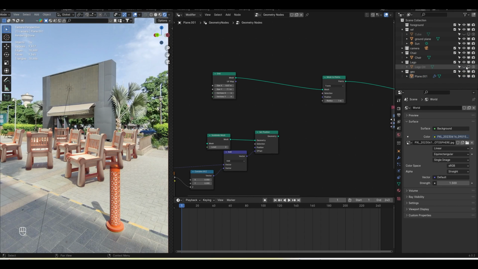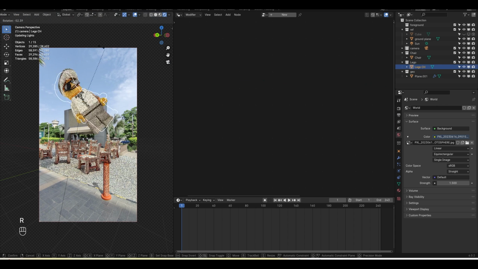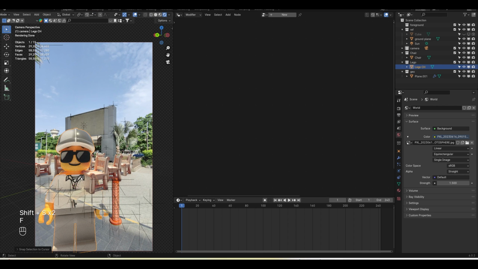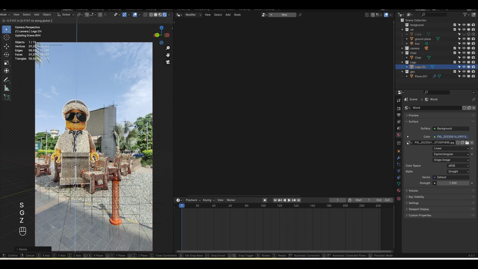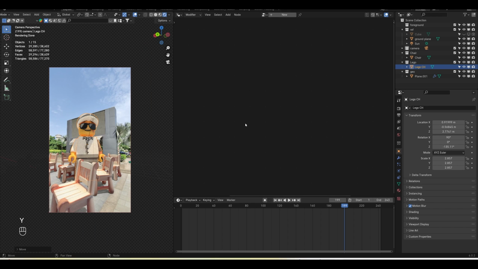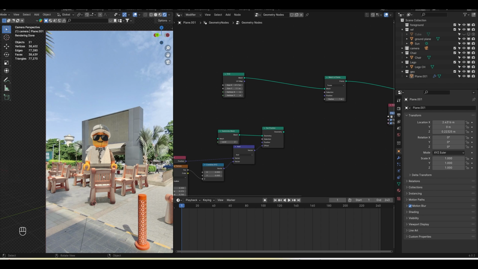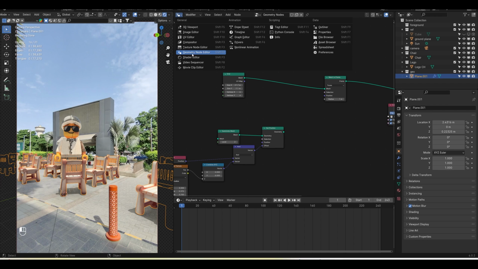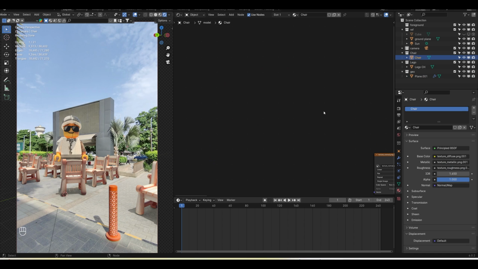See, based on this we can definitely play things, and something like this. This looks really good. I can select the chair and go to the shading option and go to the plane, not this chair, and